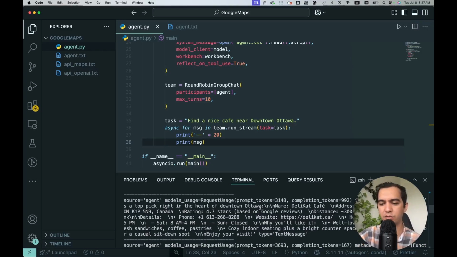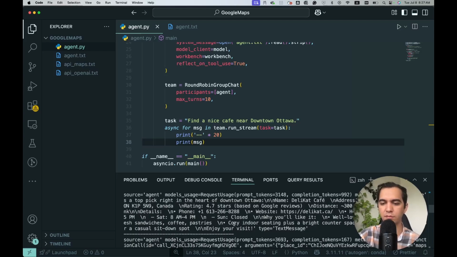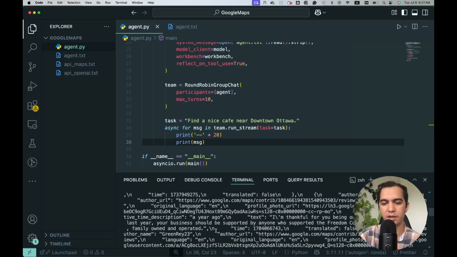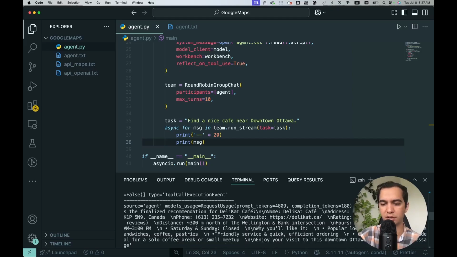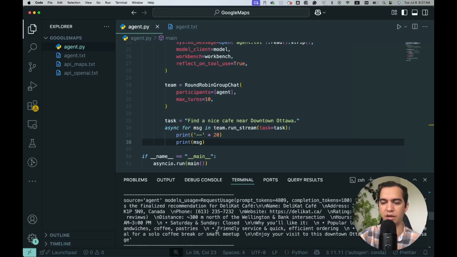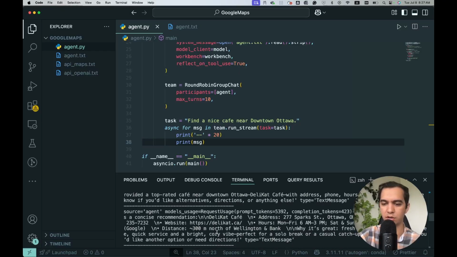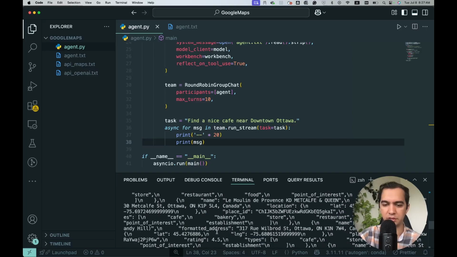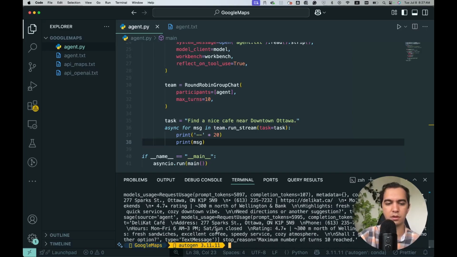Okay, now we can see the problem. It has suggested the cafe. It has said, enjoy your visit. And then it continued again. Well, we don't like this to happen. Once we have the result, we want to terminate the conversation. We don't want to prolong the conversation. So you see lots of repeating. So we need to come up with a termination condition to